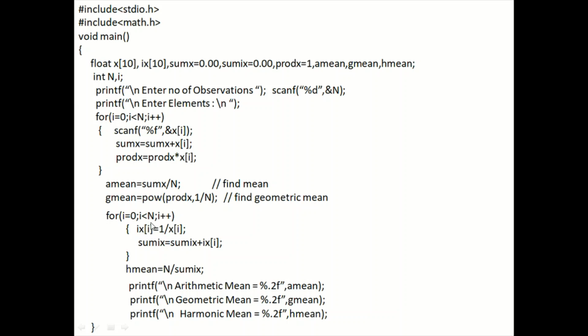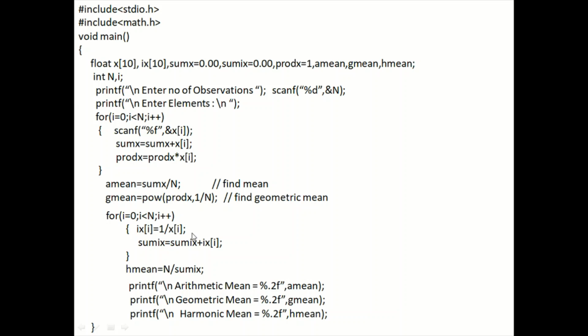Then this 0.5 has to be totaled. So sum Ix is equal to sum Ix plus Ix of i. 0 plus 0.5, 0.5. Goes back to the loop. i increases. Checks, is i less than n? Yes. Comes down. So Ix of i means what this time? Ix of 1 is equal to 1 divided by x of i, that is x of 1. x of 1 was how much? 4. 1 divided by 4 is 0.25.